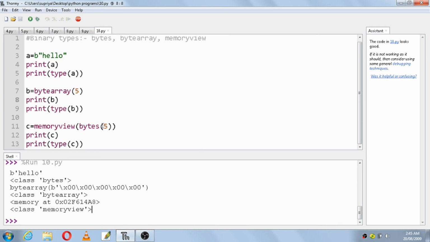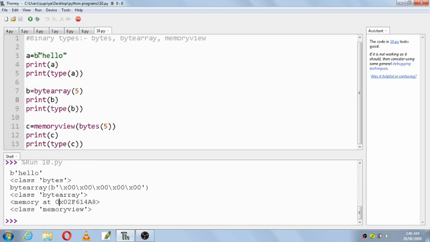Okay, so the next one is memoryview of bytes of 5. It is giving bytes 5 here, that is in terms of 2 characters each. That will be 5 into 2, 10 characters should be there. 1 2 3 4 5 6 7 8 9 10. So bytes of 5, memory view, it is printed in terms of 2 values each, 5 into 2. So 10 values are being given here, and the class is memory view. We'll just see where these binary data types are used further in the topics of Python.